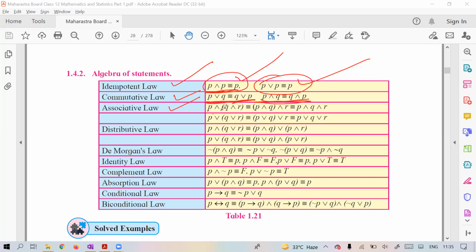So study what? (P and Q) and R, P and (Q and R). The only difference is the bracket. Here the bracket is over Q and R. Here the bracket is over P and Q. Now, you also know this in terms of multiplication. (AB)C is equal to A(BC). So the name is the same, just the structure changes. Structure means multiplication is a structure. Here it is AND, OR, okay? Just the structure changes. The name is the same. So you also know the associative law for addition, associative law for multiplication. So that same holds here. Just in place of multiplication or addition, you have AND or OR here.